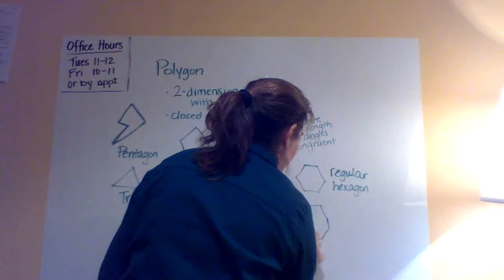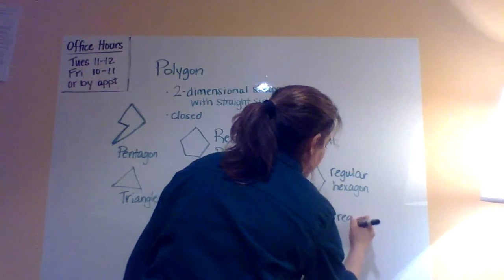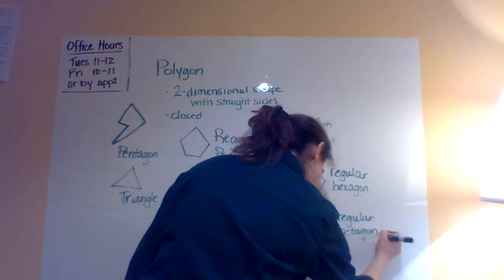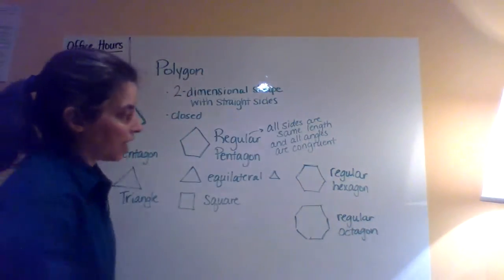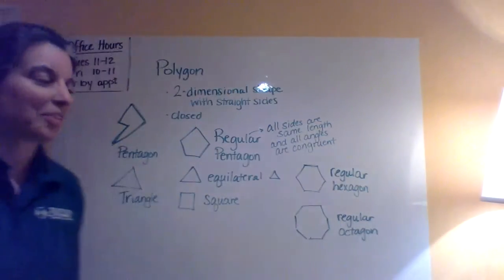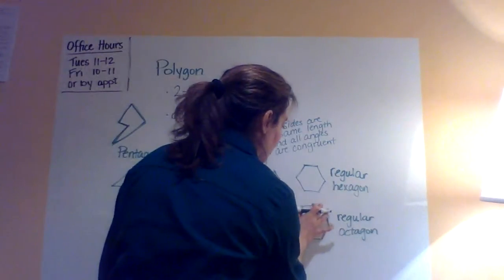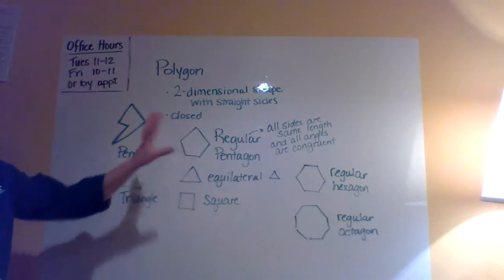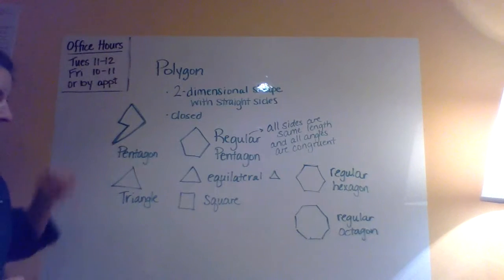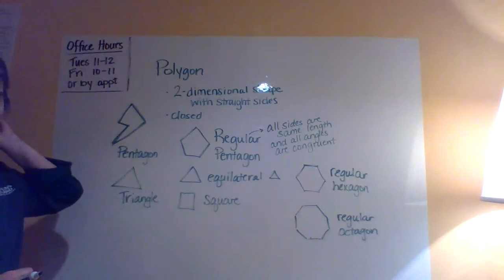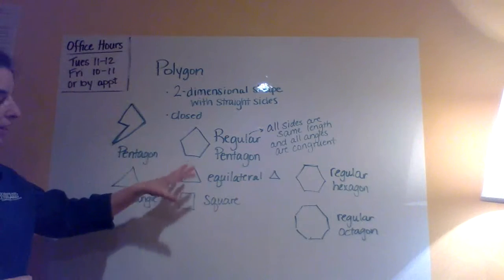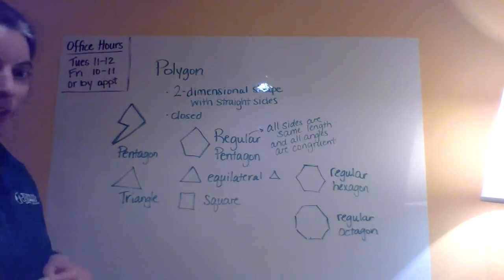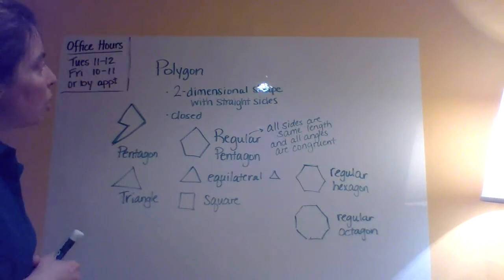A regular shape with 7 sides would be a heptagon. We're going to skip to an octagon because I can't draw one with 7 sides. Okay, a regular octagon. It's a little funky, but it looks like a stop sign. Okay, so these are our regular polygons. Okay, they have the same length sides and the same measure for all of their angles. So